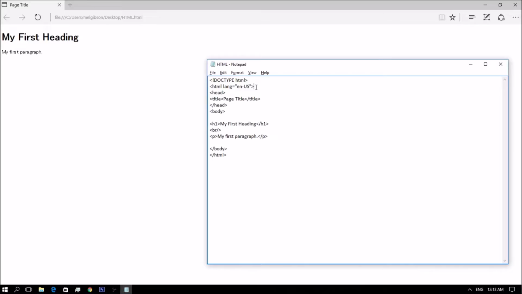We have the title attribute. A title attribute is added to the paragraph element. The value of the title attribute will be displayed as a tooltip when you mouse over the paragraph. So, for example, title.